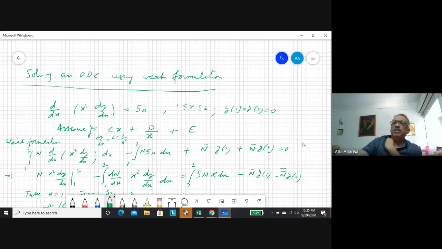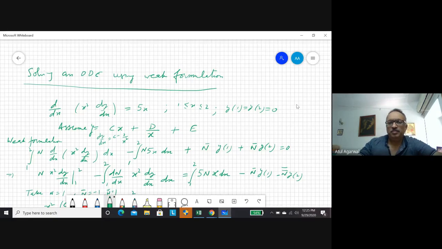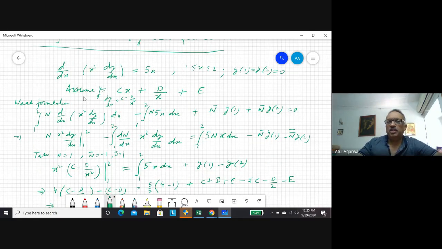Okay. So we had found that initially we were not satisfying the boundary conditions. So now we take another trick. We define a weak formulation, multiply the entire thing by n. This is same as before. Plus we also add in this term some weighting function into y1 plus some weighting function into y2. You see, if y1 is 0, this goes to 0. If y2 is equal to 0, this goes to 0. So we have incorporated our boundary conditions using this way.